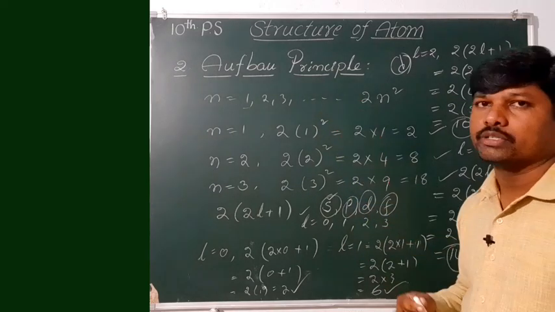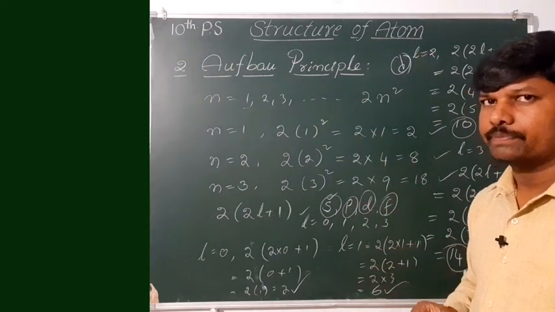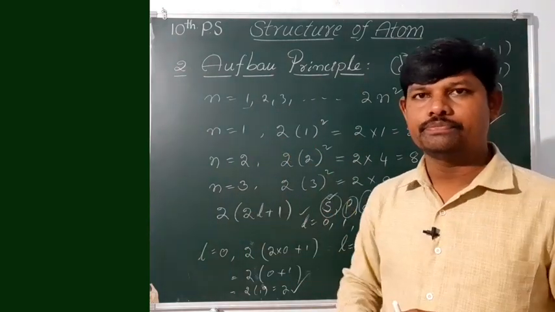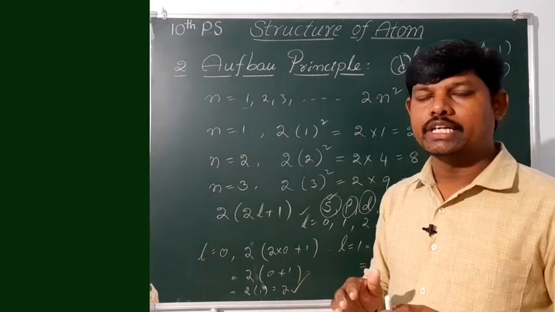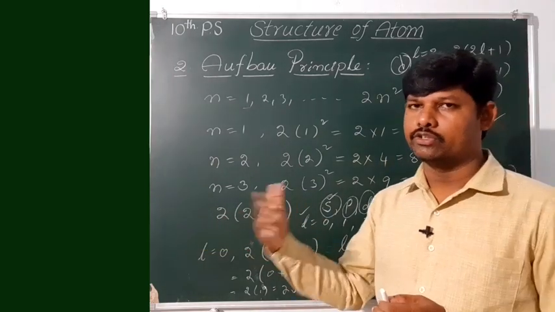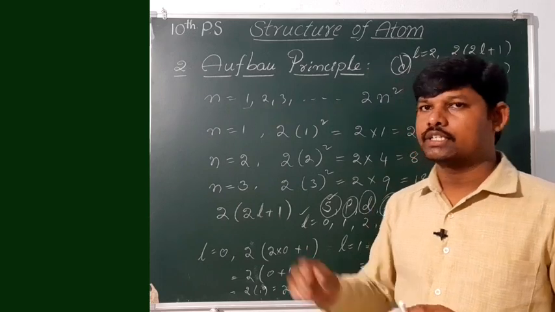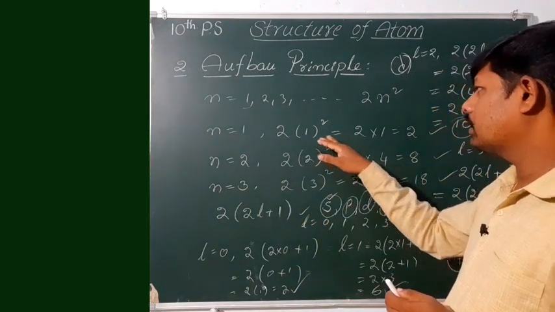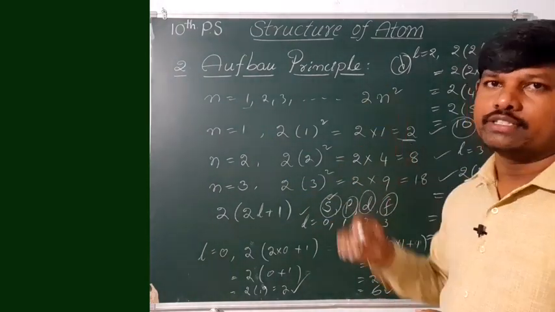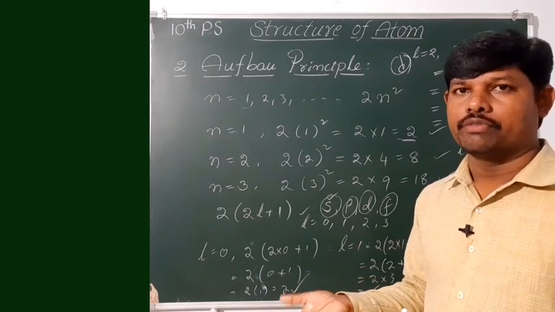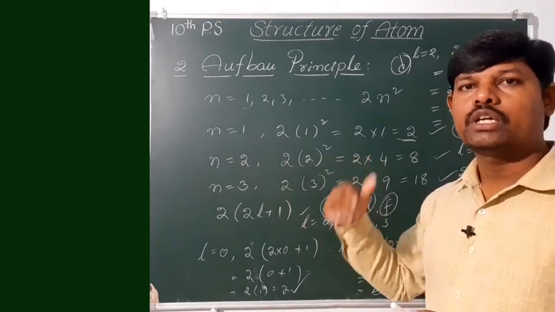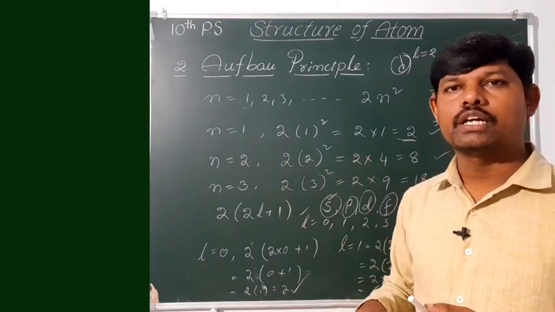According to the above principle, when the atom is in the ground state, the electrons first occupy the lowest energy level. After completing the lowest energy level according to its atomic number, then they go to the next energy level. So if only 2 electrons are there, they should fill the first main shell, that means the 1s orbital only. Then the third electron, if present, goes to the second energy level in its ground state. This is called the Aufbau principle.